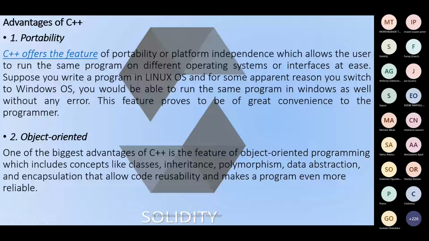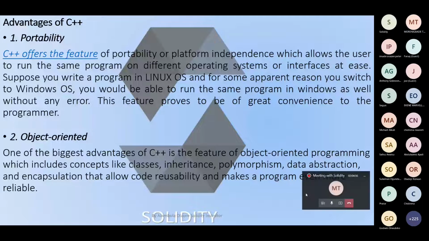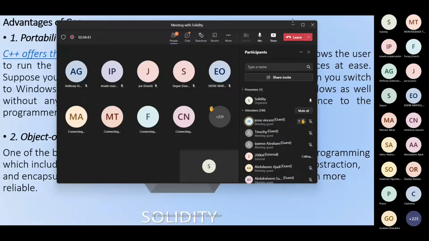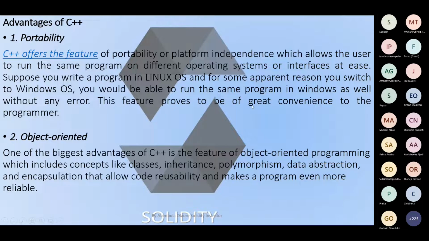One of the biggest advantages of C++ is the feature of object-oriented programming, which includes concepts like classes,